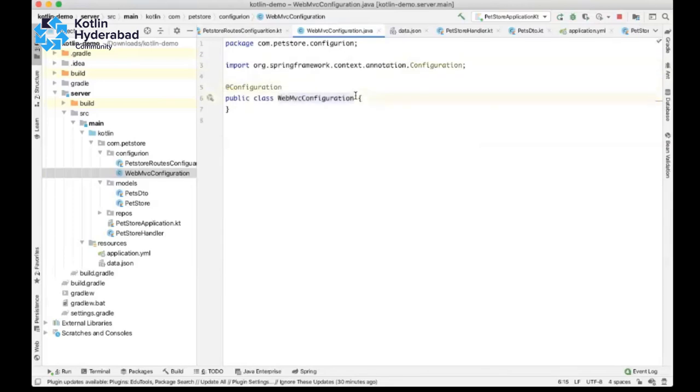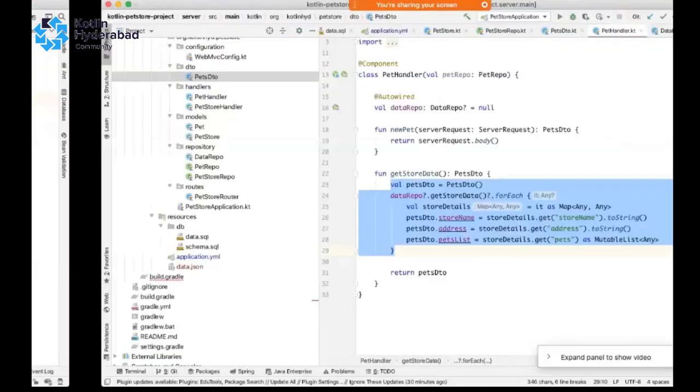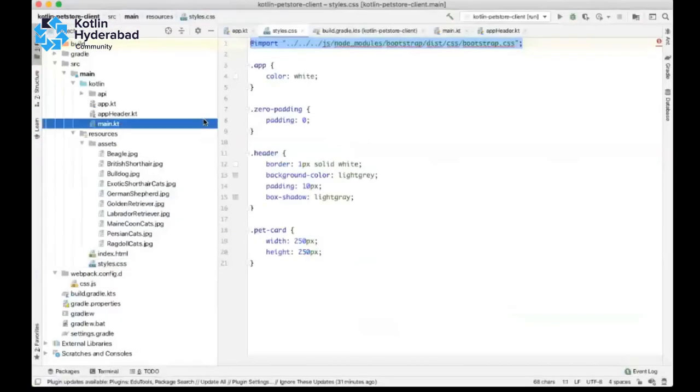Actually, to define CORS, there are different ways. I am using the WebMVC configuration way. Spelling mistakes are there. Just copy paste.